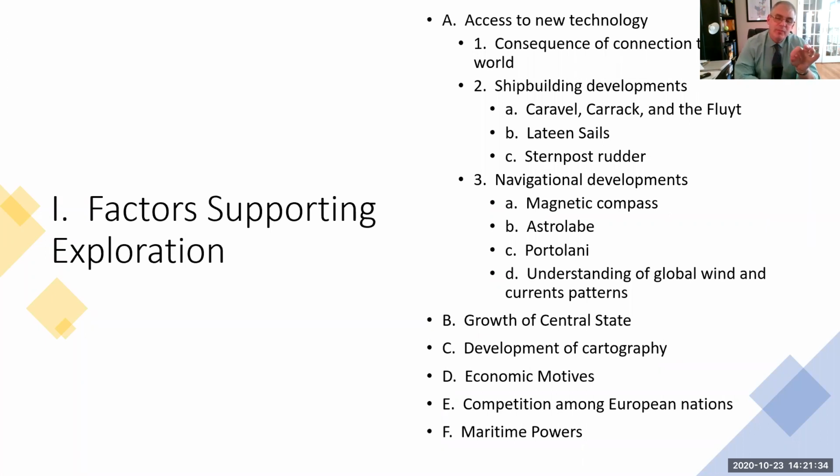And then the last thing that I put in is maritime powers. This is to distinguish it from our last unit, Unit 3. In Unit 3, we spent a lot of time talking about these land-based empires of Afro-Eurasia. We talked about the Songhai, the Tokugawa shogunate, the Ming and the Qing, the Safavid, the Moguls, and Russia. But what West Europe is going to do, the Portuguese, the Spanish, the English, the French,